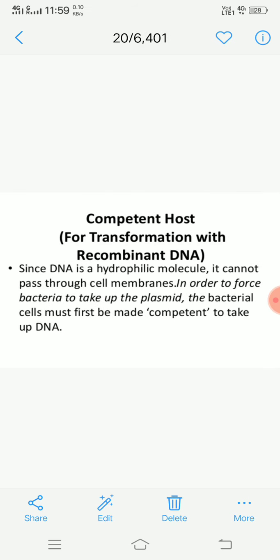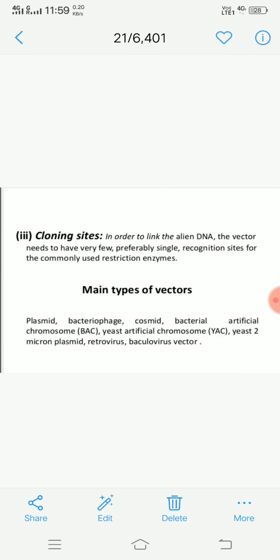Now what is meant by the host? I told you a little bit about the plasmid and lambda vector. Plasmid replicates along with its host. And why is plasmid mostly used? Because it is circular and it has the capacity to join to the eukaryotic cells. That's why the plasmid vector is mostly used in rDNA technology. Lambda vector, vice versa, replicates as in the lytic cycle, meaning it kills the host cells and packs DNA into the virus body.